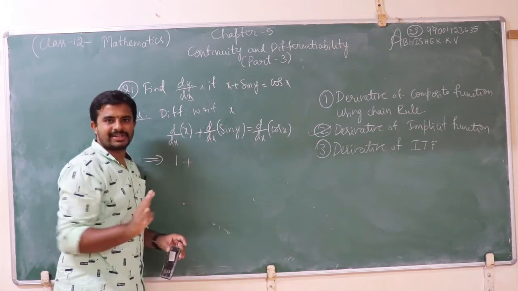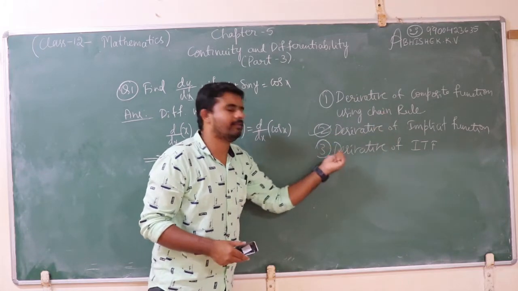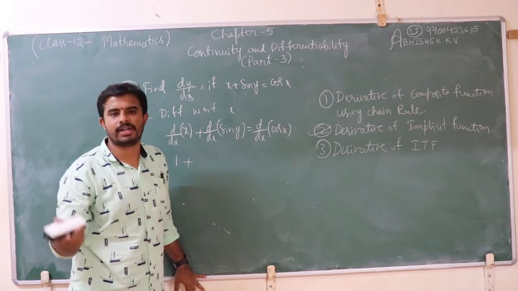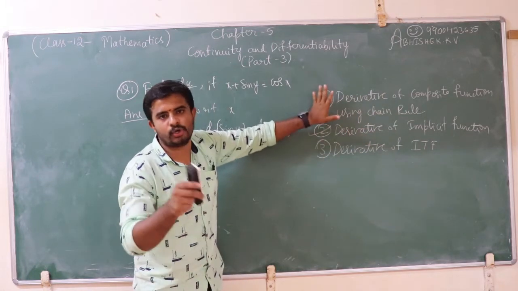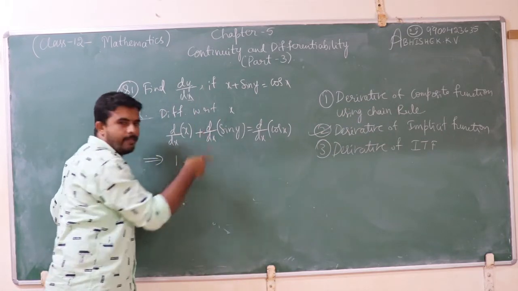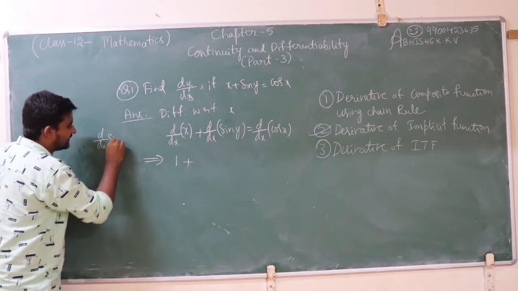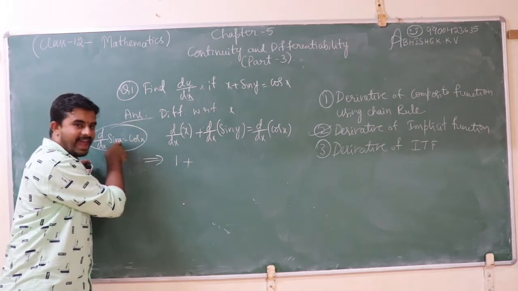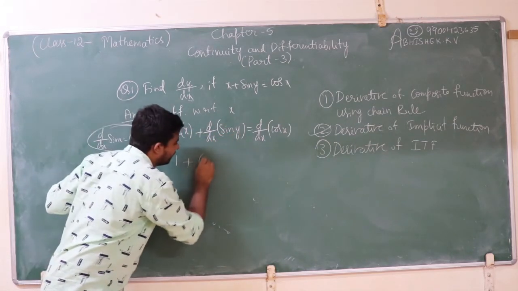We should use the chain rule. So you should remember, when we solve the derivative of inverse trigonometric function, logarithmic, exponential, whatever, we should use the derivative of composite function using chain rule. That's why I told you this is the basic tool. Is it clear? So here, derivative of sin x is cos x by the standard result. Instead of x, what we have? y. Therefore, derivative of sin y is